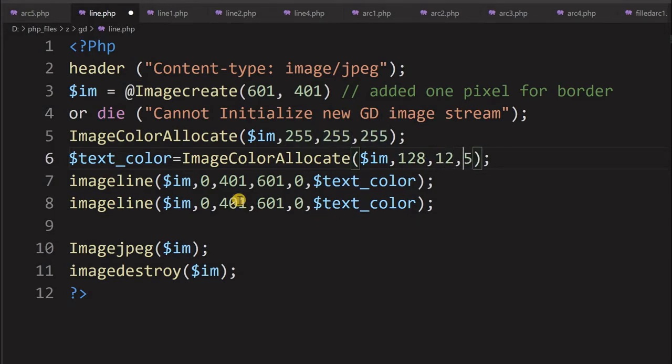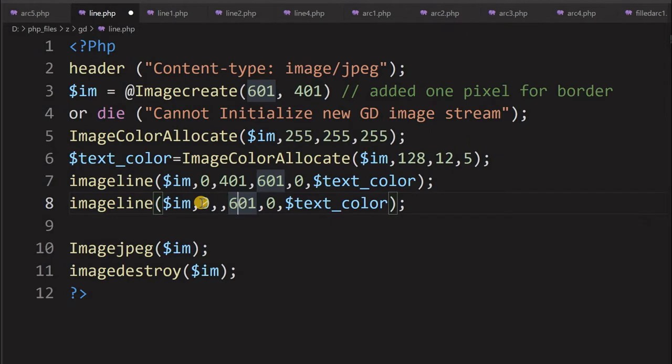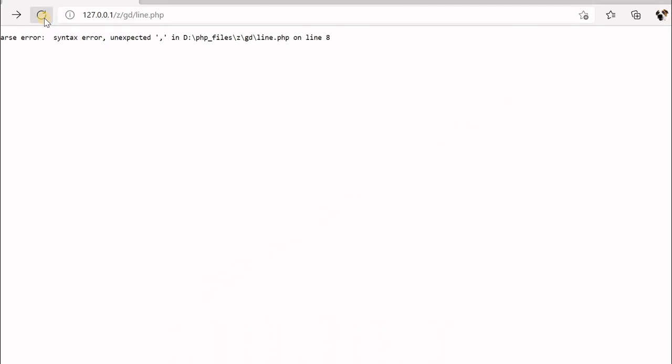Let's see what color it picks up. We want to draw the second line from the 0, 0 position, the top left, and it will end with x as 601 and y as 401. You imagine it as a square and the end will be there. Let's save it and see.